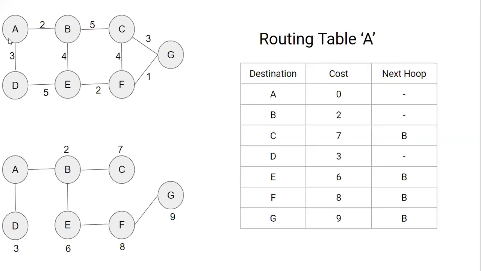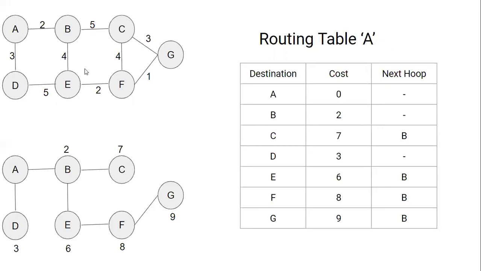So this will be my source, and what is the destination? G will be the destination here. So A to B is 2, B to C is 5, and C to 3. Like all the routes and all the nodes, you have distance value, otherwise you can call it cost value. You have each and everything in this table.